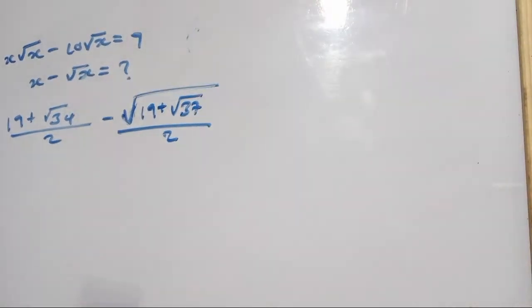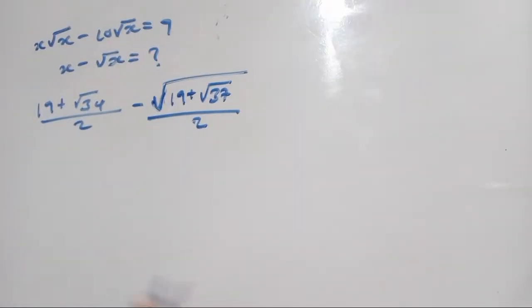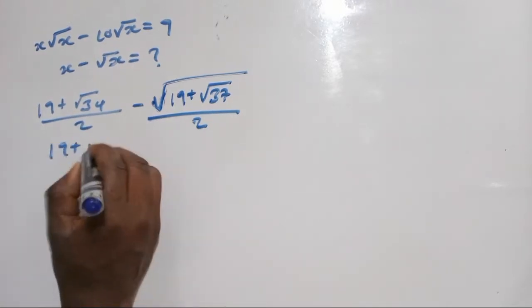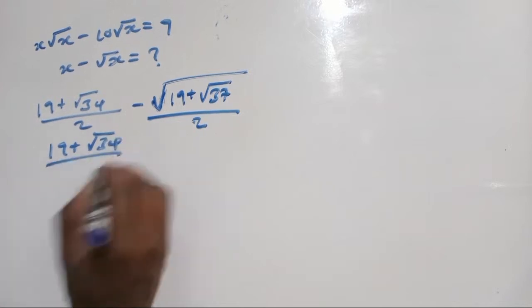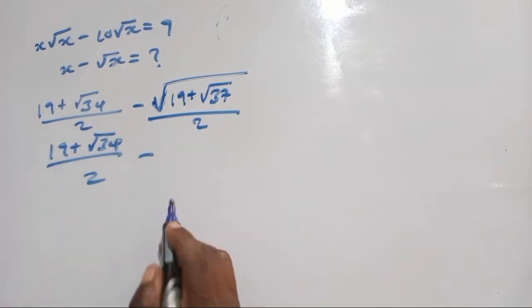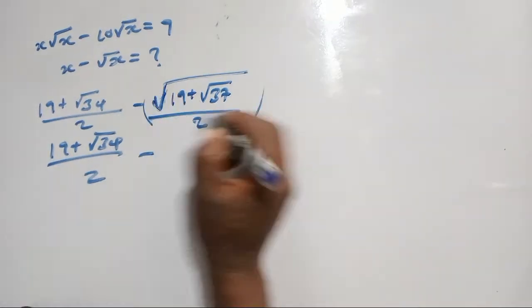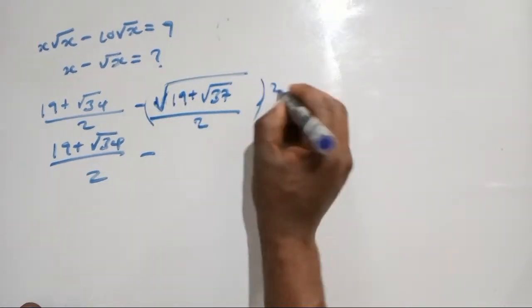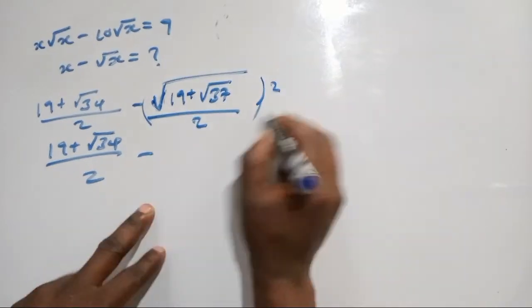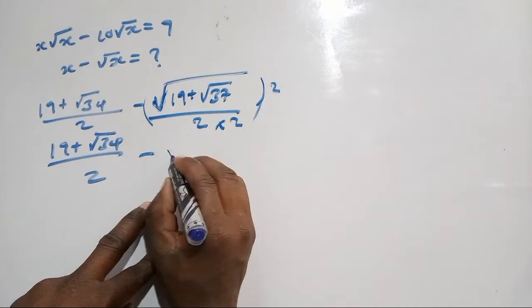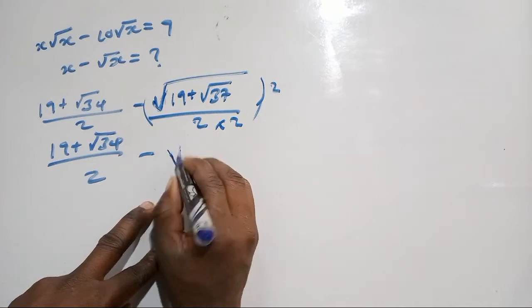In which here it will be 19 plus root 37 over 2 minus, here what we can do, we can multiply it on top by 2 and down by 2, in which you're going to have a root of